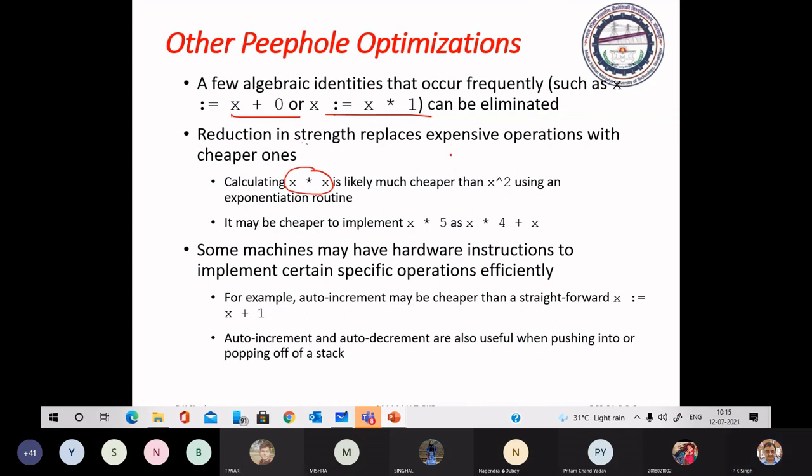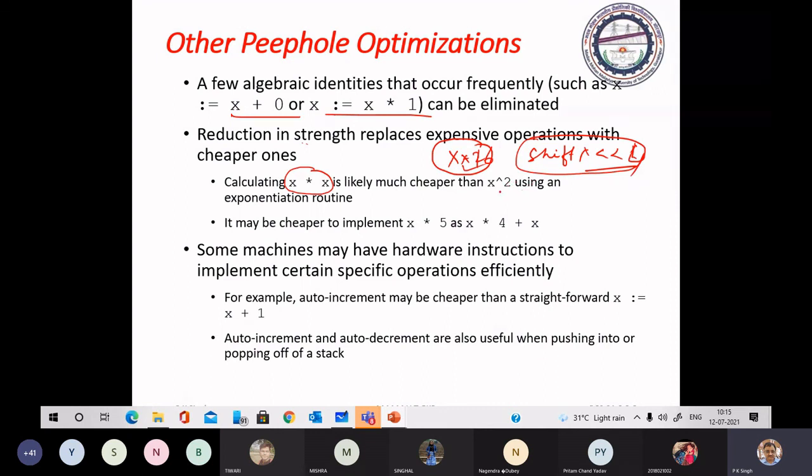Suppose we have to multiply X by 2. What we can do? We can shift X 1 bit left. You can save the time for multiplication. This can be done in a single clock, but multiplication needs several clocks. If it is multiplied by 16, you can just shift it 4 bits left.